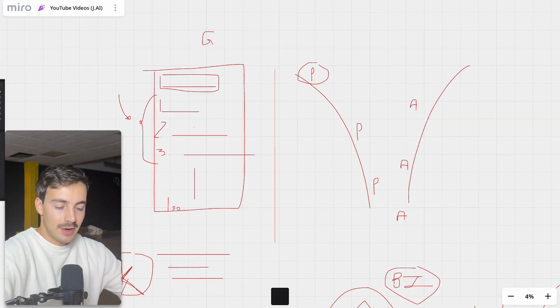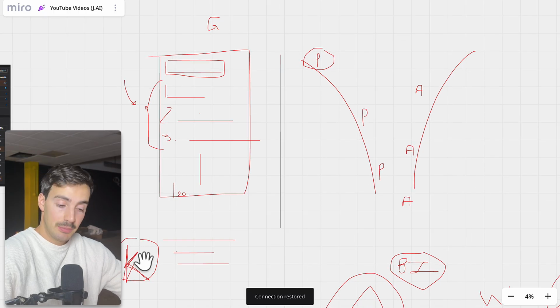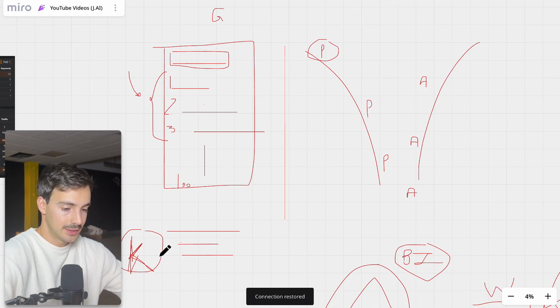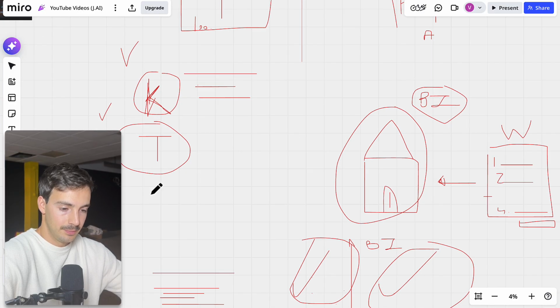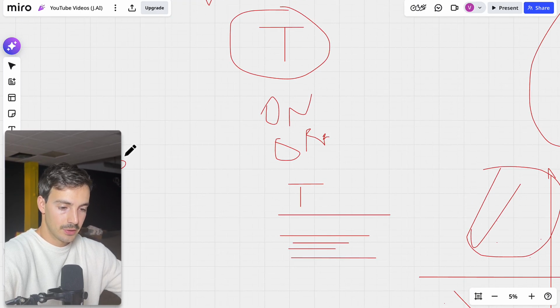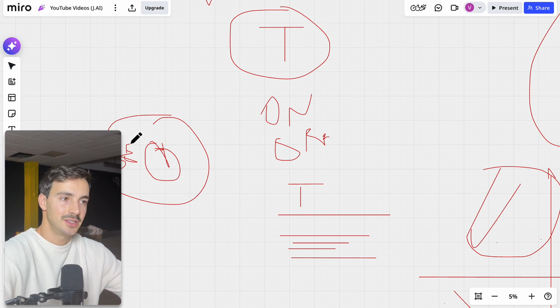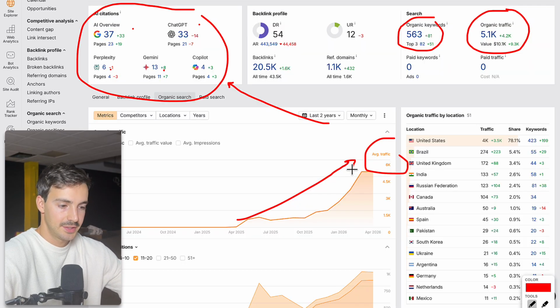Now then, we have the keywords, right? That's good. We know the type of content we have to produce. Let's call it the T for type. Now we have to focus on on-page SEO, off-page SEO, which is backlinks, and technical SEO, okay? So SEO has 3 pillars. Okay, we have to focus on all of them. Now, I'll include AI SEO, GEO, all in this same realm,